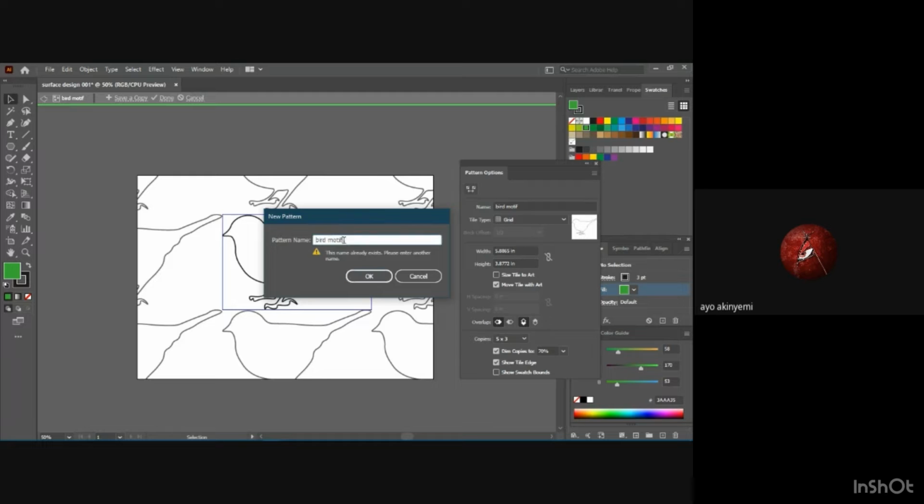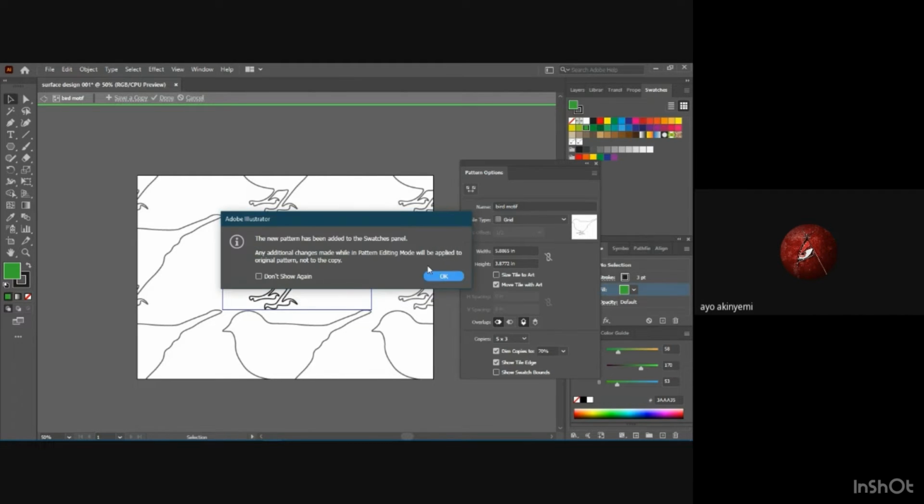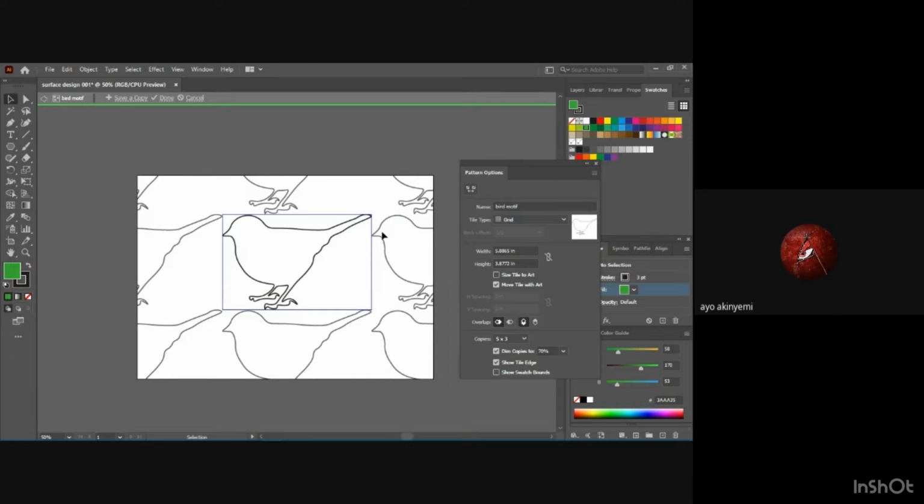Okay, so it's telling me a name exists. So it's a normal graphic artist thing. You will get to have bird motif 1A, bird motif 1B. So we'll make it bird motif. So the center one, the first sketch, is bird motif, and the pattern we have here is bird motif 1A. You click OK, then you click OK. So now the next thing is